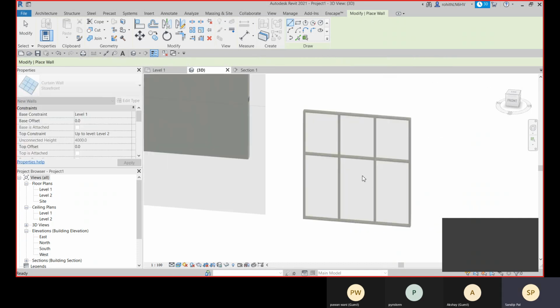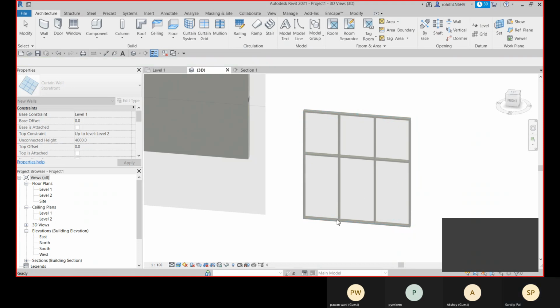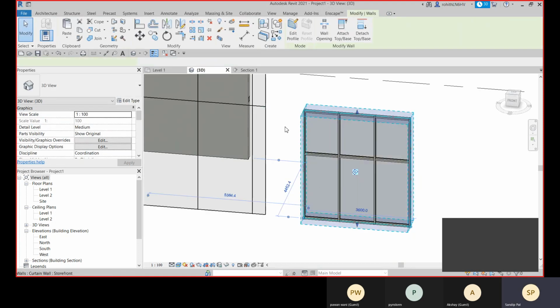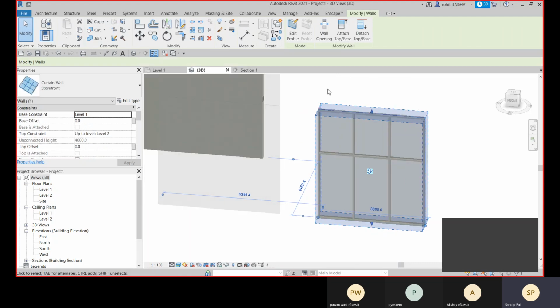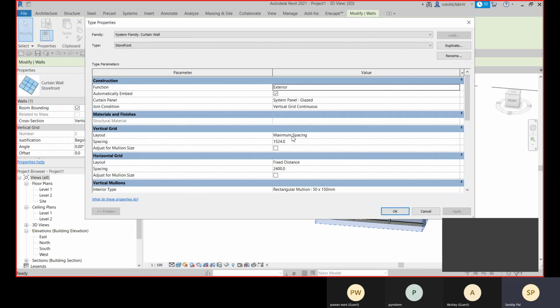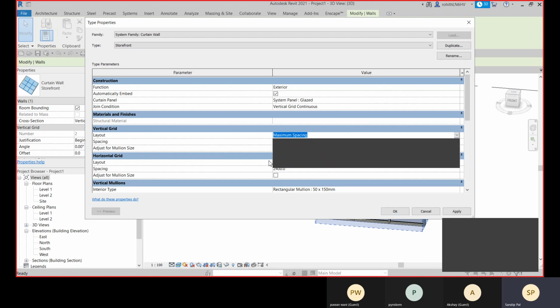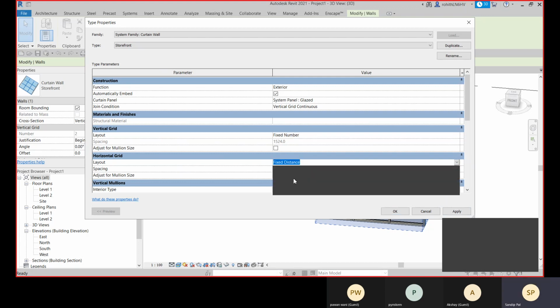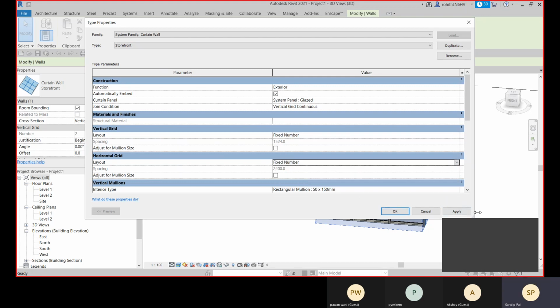The support. Okay, and if you need to change anything, so you can go to its properties here, go to its properties. Rather than just fixing the maximum spacing, you can give the number, fixed number, and here also you can apply fixed number.